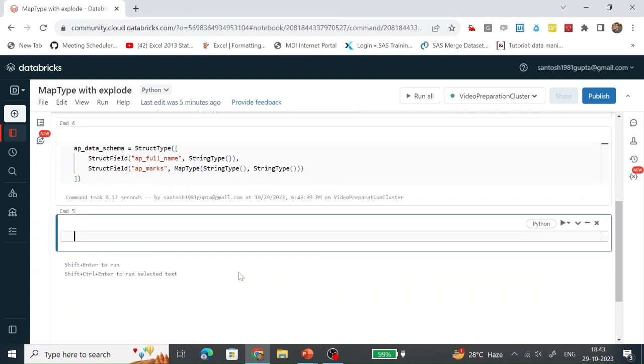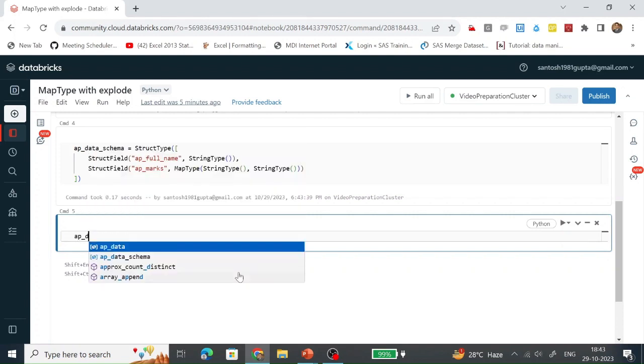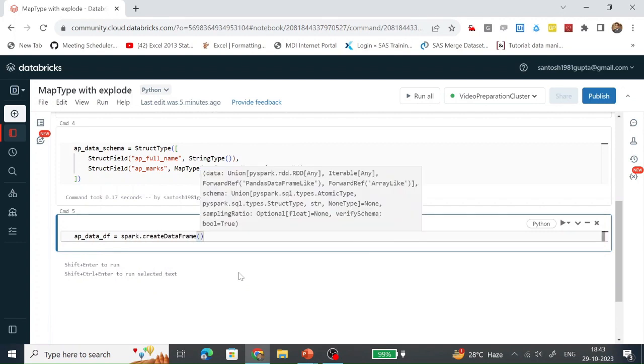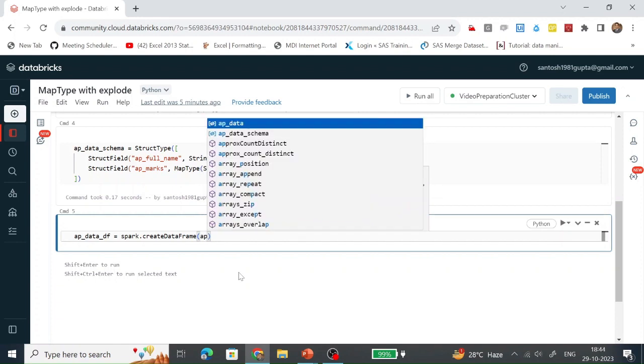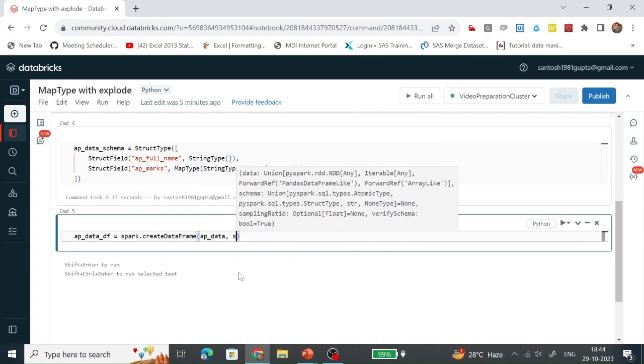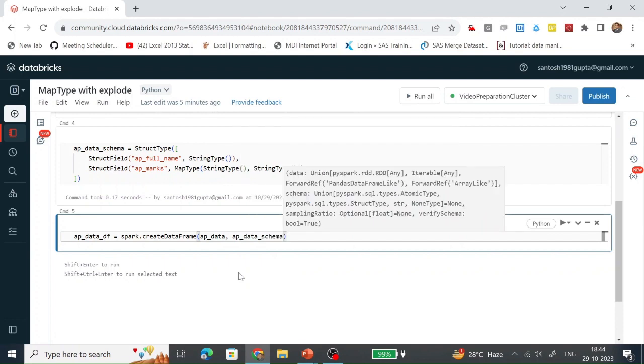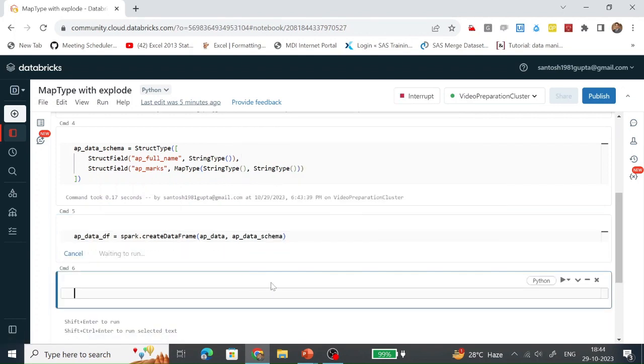Let's create a data frame with the help of the create data frame function. Spark dot create data frame, passing the list object which we have just created, and passing the custom schema which we have just created. Let's run it.